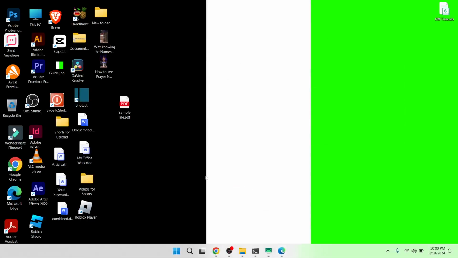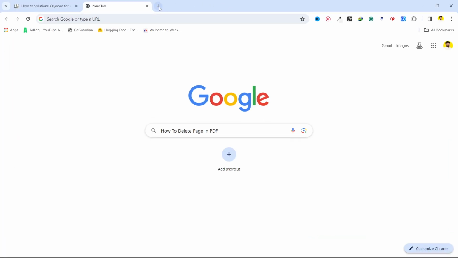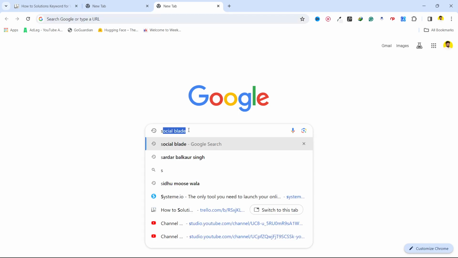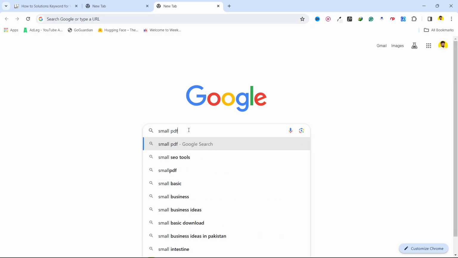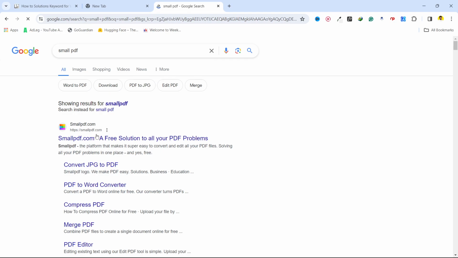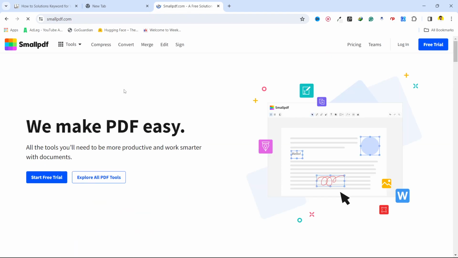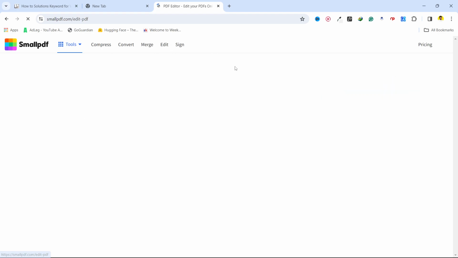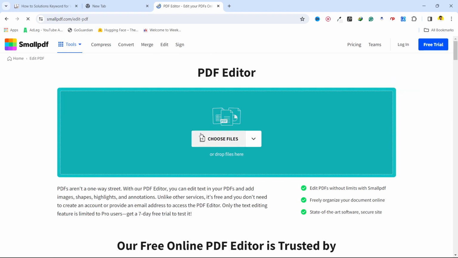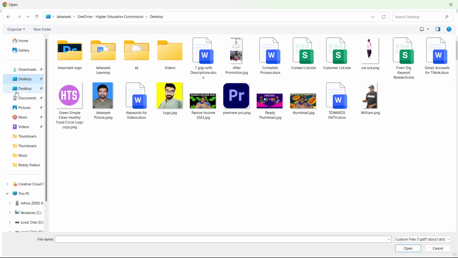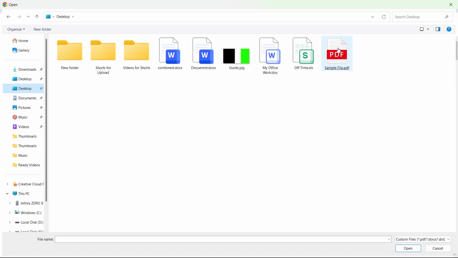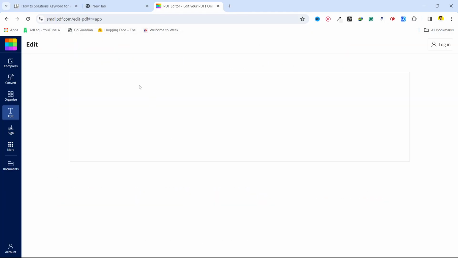So you simply need to open any browser and search for Small PDF. So I'm going to search, and you need to open the first website, smallpdf.com. And once you are on this website, click on Edit, and here you can see an option of Choose Files. Click on that option. So I have that file on the desktop, so let me select it, and once that file